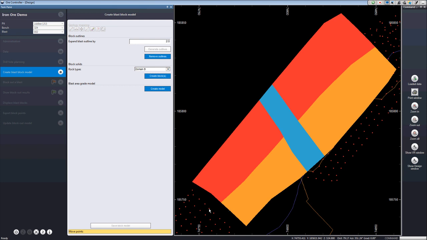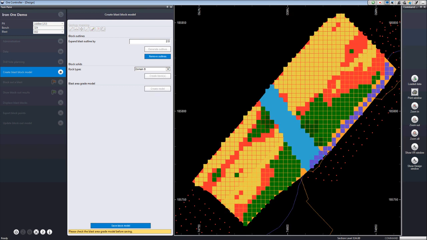All of the parameters for creating the model, indeed a little set of macro commands and a sequence for building the model, have already been built into the system by setting up various tables in the administration section of Ore Controller. So in order to create the model in this region, all the user needs to do is press the button that says Create the Model. Ore Controller then will run through the prearranged steps to fill these wireframes with cells and then to interpolate values in there. The process only takes a few seconds, as you can see, and we end up with a model that covers the region that we're interested in.